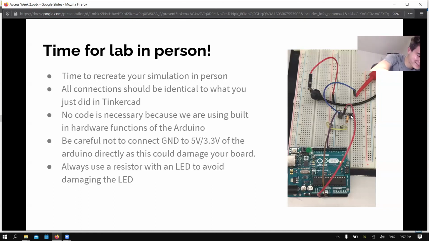Wait, I'm bad at this. There we go, okay. Now if I push the button on the breadboard, the LED lights up. Essentially, I'm closing a circuit by pushing the button, and when I release the button, the LED turns off. It's hard to see, I apologize, but